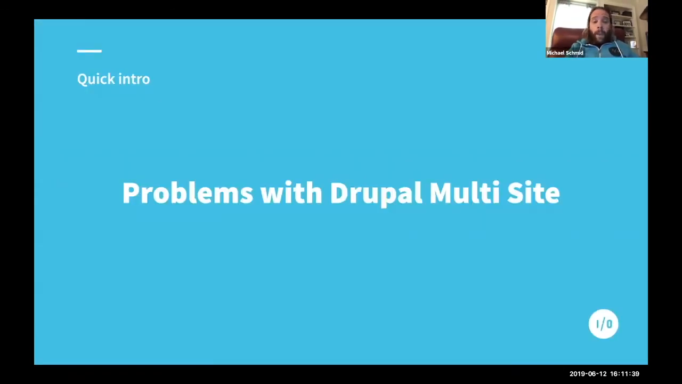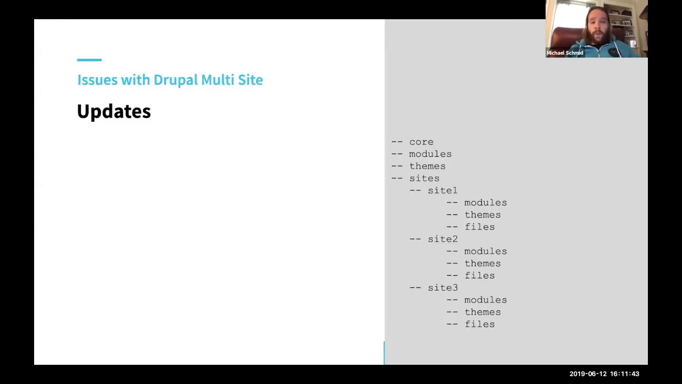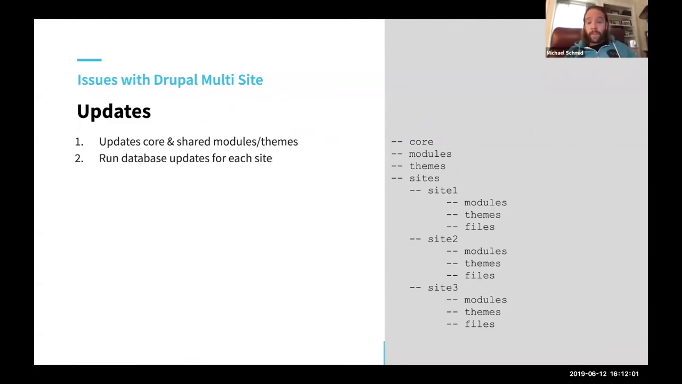So let's talk a bit about the problems of that system. First of all, we want to talk about updates. Because we have shared core modules and themes, if you update them, specifically core, it will automatically be updated on all sites. So this means you also need to run the database updates for each of the sites. Now, with 3 sites, you just run maybe drush updb 3 times, or you go by the UI,